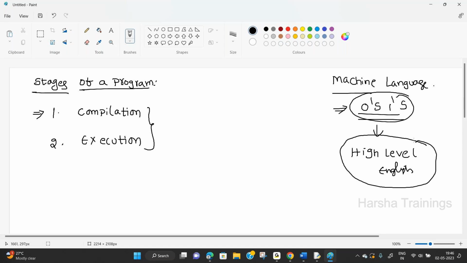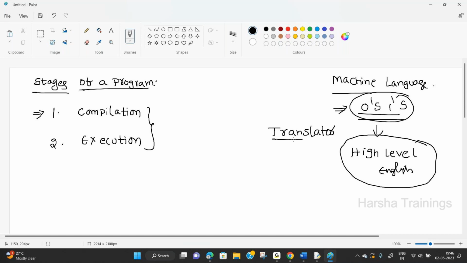Suppose in my own language I write the program. Okay, but the computer is unable to understand. So here I am giving my speech in Telugu. You are unable to understand Telugu. What happened? A mediator is required.